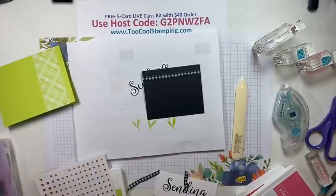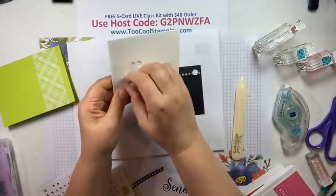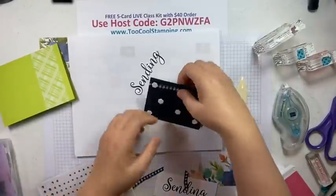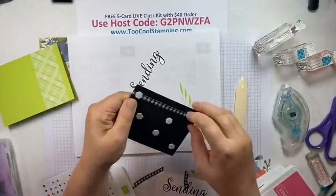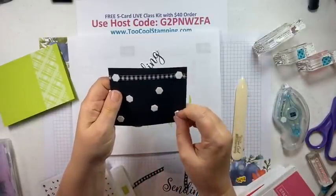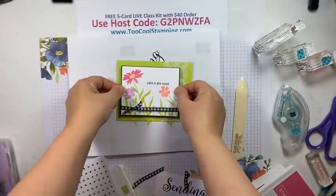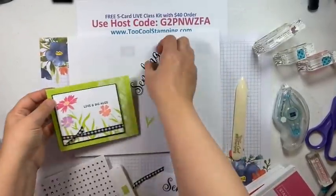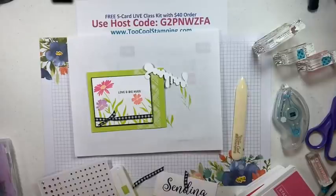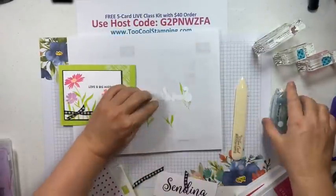We're going to pop this up onto our card front. So we'll need several dimensionals here. Go a little crazy. I love black and the pop of green. So we'll add this kind of to the left-hand side, and then we'll put this sending right over the top here. Now this part's going to overhang, so let's put some mini dimensionals on that G, and the rest of it,